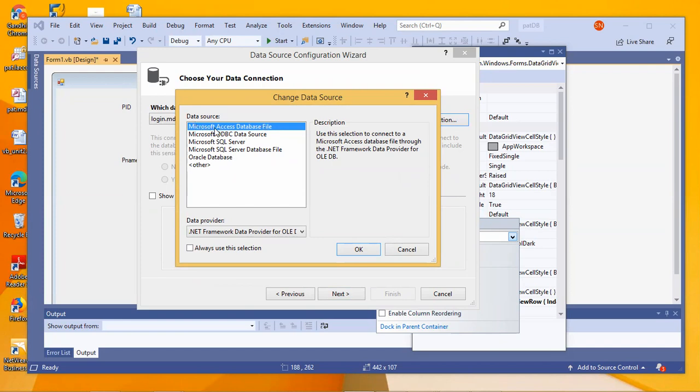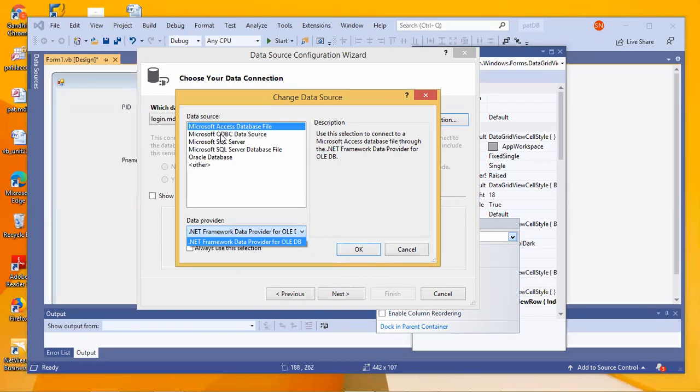Now, if Access is my data source, is this visible? Yes, ma'am. If Access is my database, check on this, which is my provider? OLEDB.